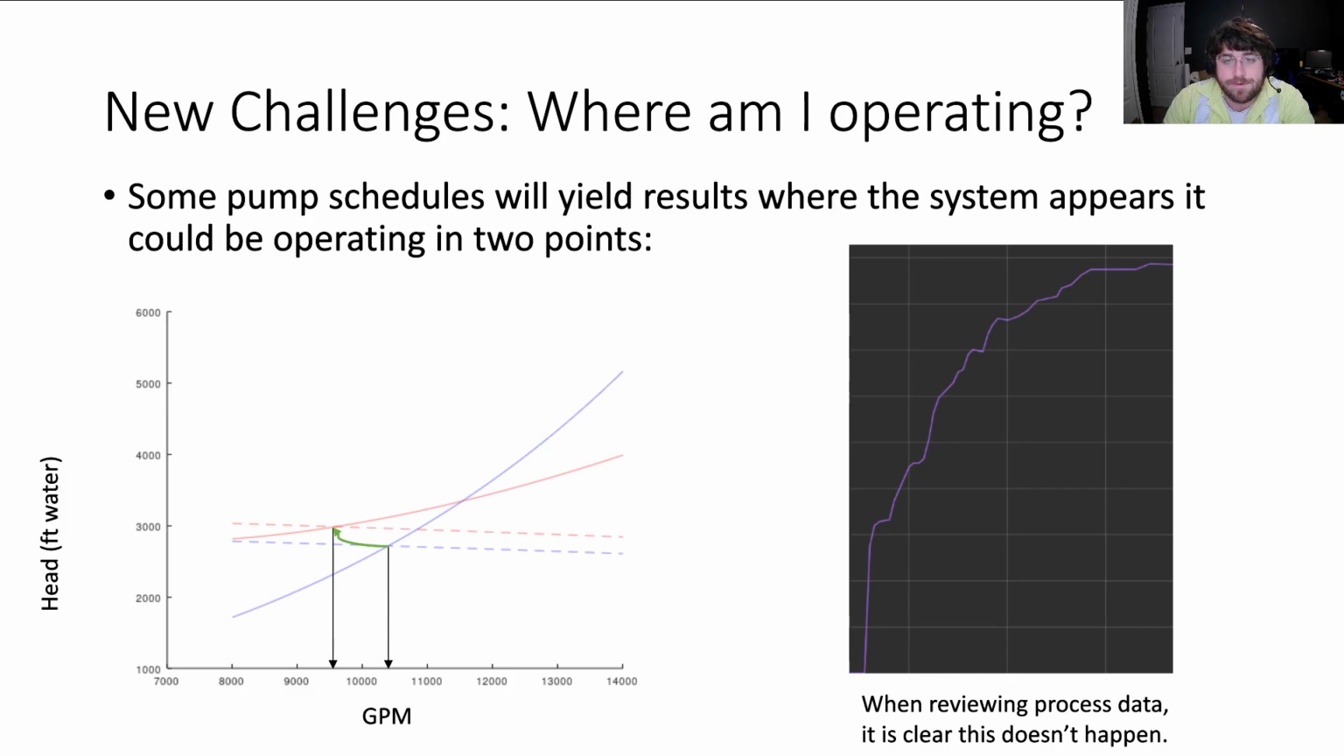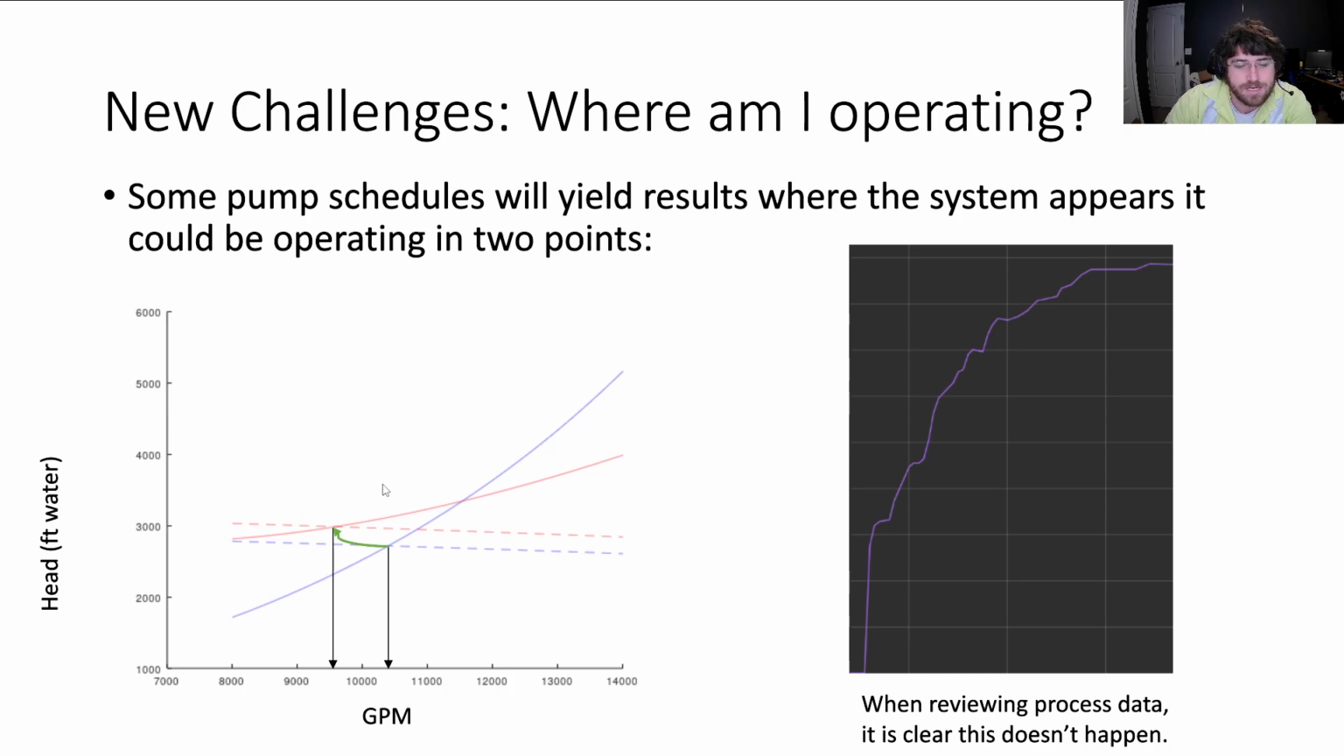Considering this, we got a couple new challenges. Number one is, where am I operating? So when you do that pump curve and system curve calculation, there are some pump schedules or combinations of your pumps being on or speeds that will yield results where the system appears to be operating in two different points. So this blue curve and blue dotted line are the settled two-layer model system and pump curve, and the red are the GIW's